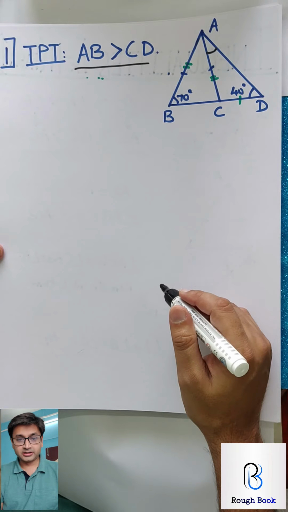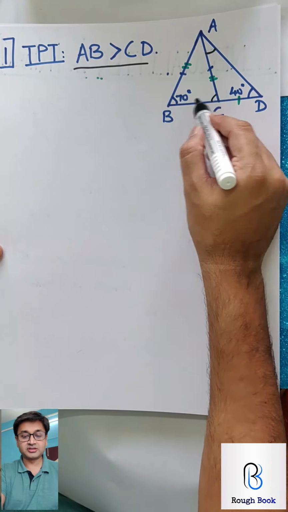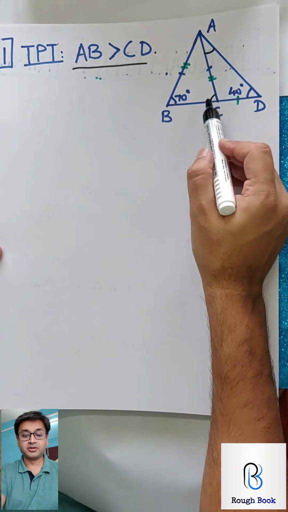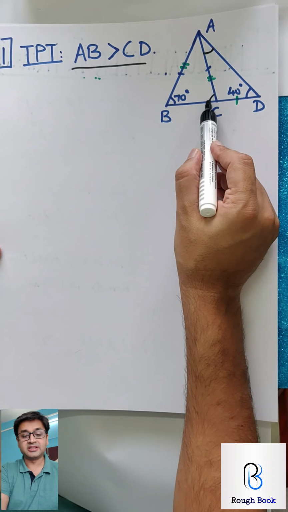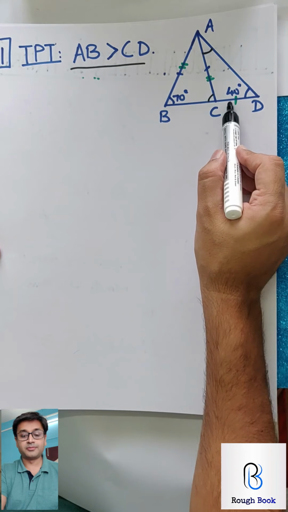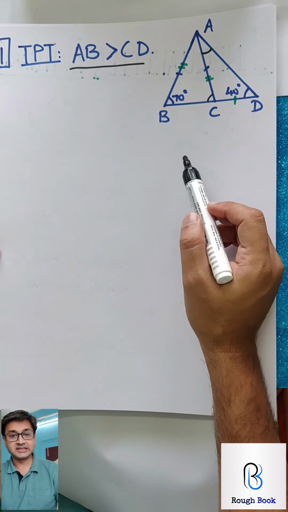Okay, you're back. Did you get it? Exactly, you got this as 70 first, by the isosceles triangle, and then if this is 70 and this is 40, this will be 30. Do you remember the remote interior angle? This is the exterior angle. So this is 30, which is smaller than 40. The side opposite to this, CD, also will be smaller than the side opposite to that, AC. Isn't it simple?